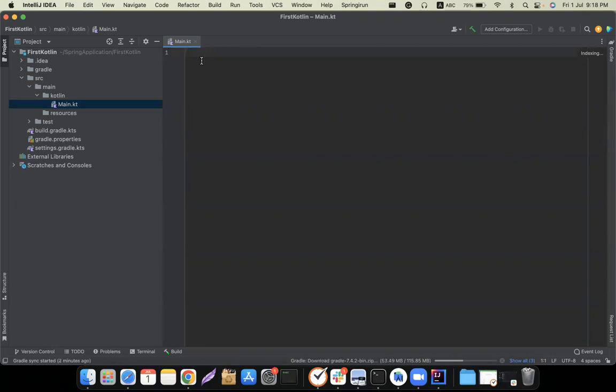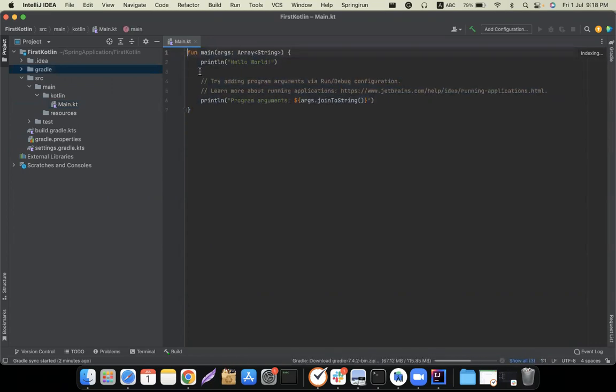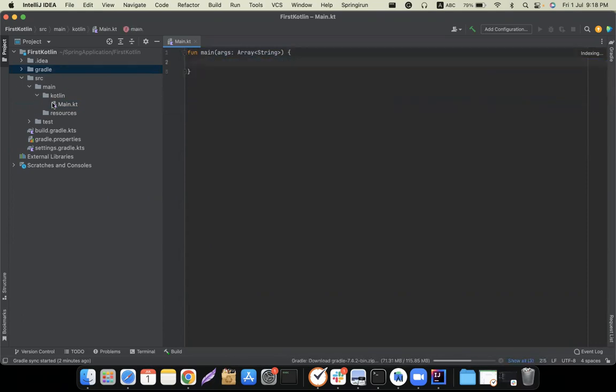If you want to print some text in the console, just type println, hello world. Oh, before that you have to declare a main function. Everything starts from main. So this is the main function. When you create a new blank project, IntelliJ automatically generates this: fun main, args, Array of Strings. You don't have to learn these things now. Just look at the method body. So when you want to print something like